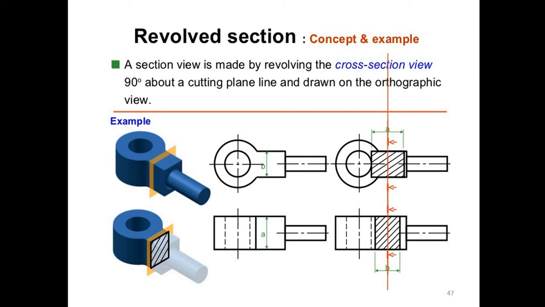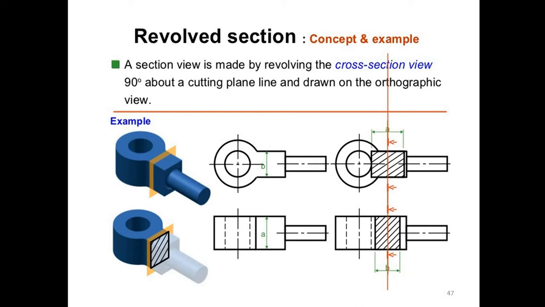A section view is made by revolving the cross section view 90 degrees about a cutting plane line and drawing it on the orthographic view. From this figure it is clear that the cutting plane is taken on the isometric view, and when that cutting plane is rotated by 90 degrees to draw an orthographic view, as shown in the